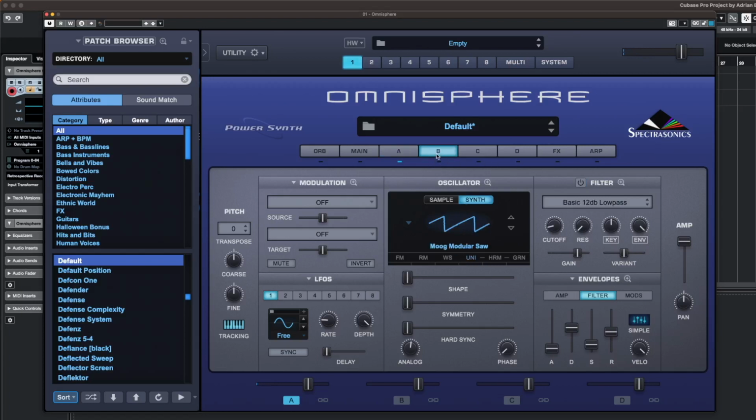Very simple. And then we're going to go into the second layer. So my second layer is going to have a triangle. Just a very simple triangle. And I am literally going to copy this filter